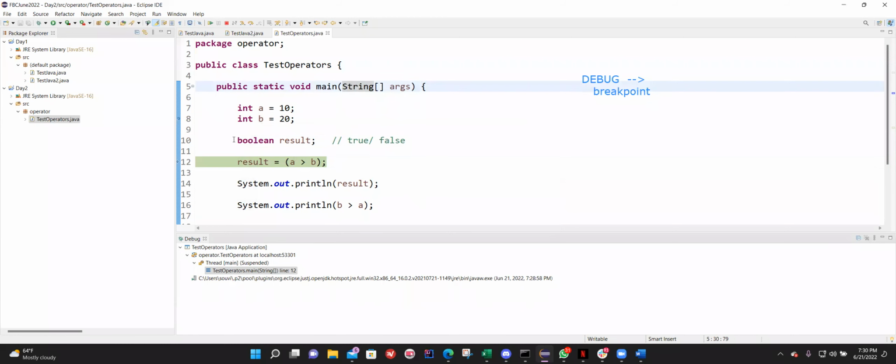However, Boolean result, you probably have noticed that the breakpoint didn't stop at line number 10. It skipped to line number 12. Why? Because there was no operation here. I didn't really assign any value to the result variable. However, Java did that for me automatically. If you hover your mouse on result,